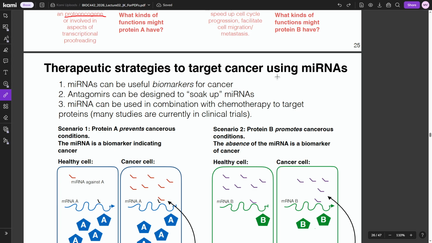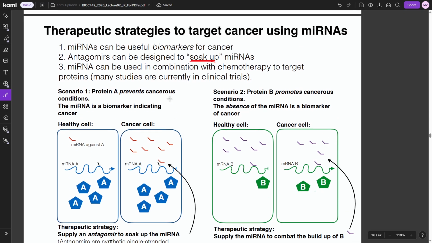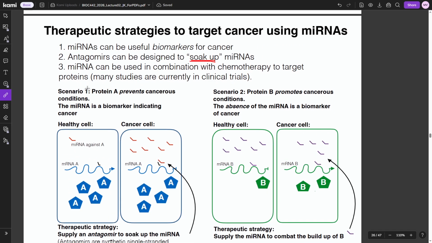So, how can you use microRNAs? MicroRNAs can be useful targets for cancer biomarkers and antagomirs. The antagomirs are basically microRNAs that bind to other microRNAs. So they soak up or sequester microRNAs, and they can be used in combination with chemotherapy to target proteins, all that stuff. So remember, here protein A prevents cancerous activity, and the microRNA is a biomarker indicating cancer. So